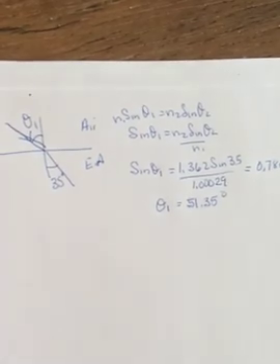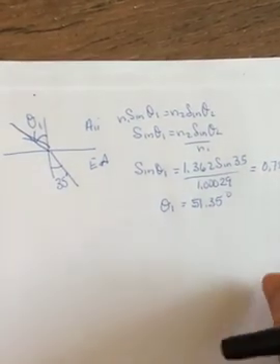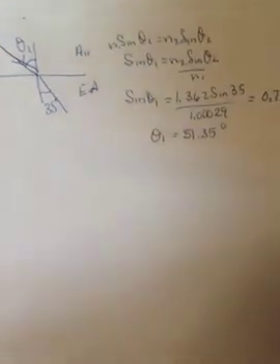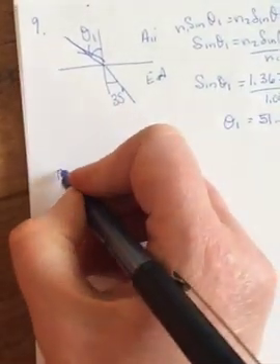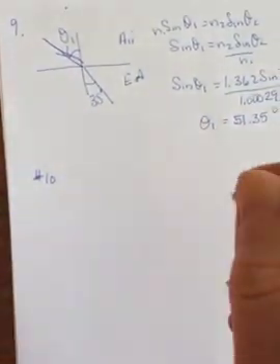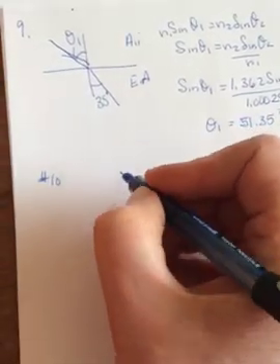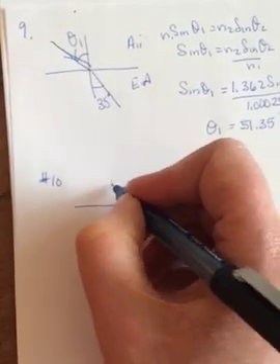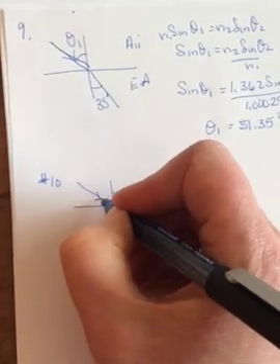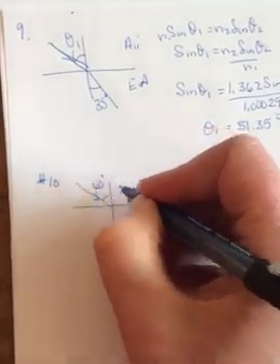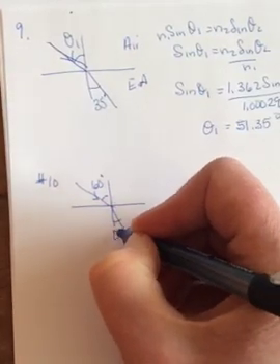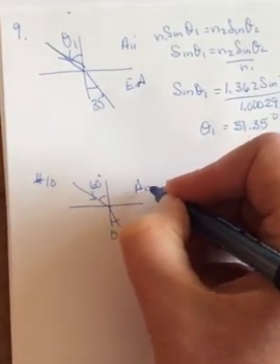Next set of questions, page 405, I believe, number 10, says, a beam of light passes from air into ethyl alcohol. Angle of incidence is 60 degrees. So exactly the same two substances that we had up top. This is 60 degrees, and we're looking for theta 2. And this is air